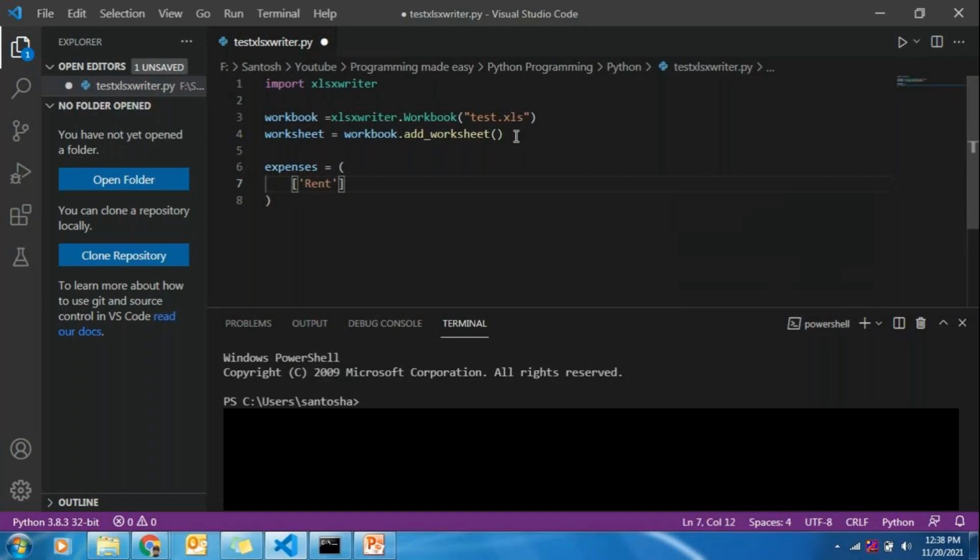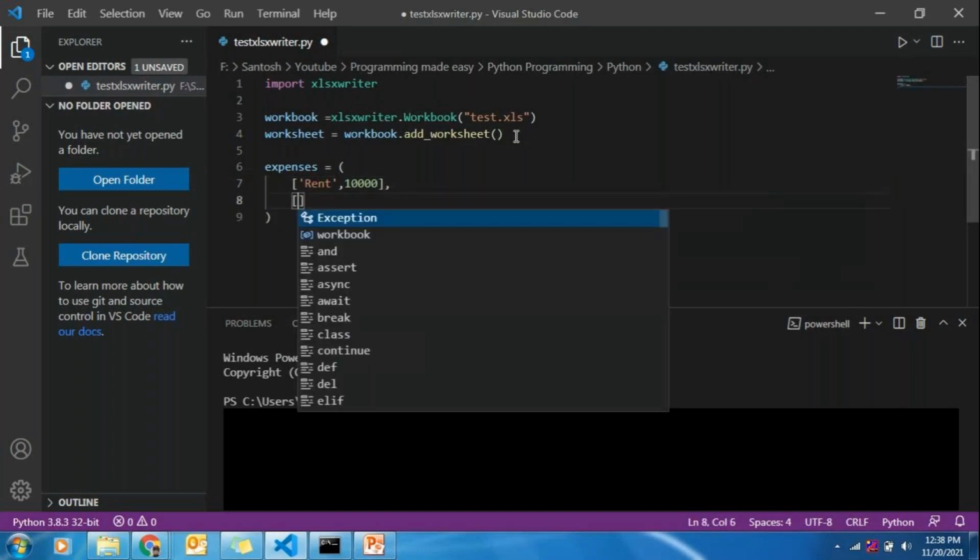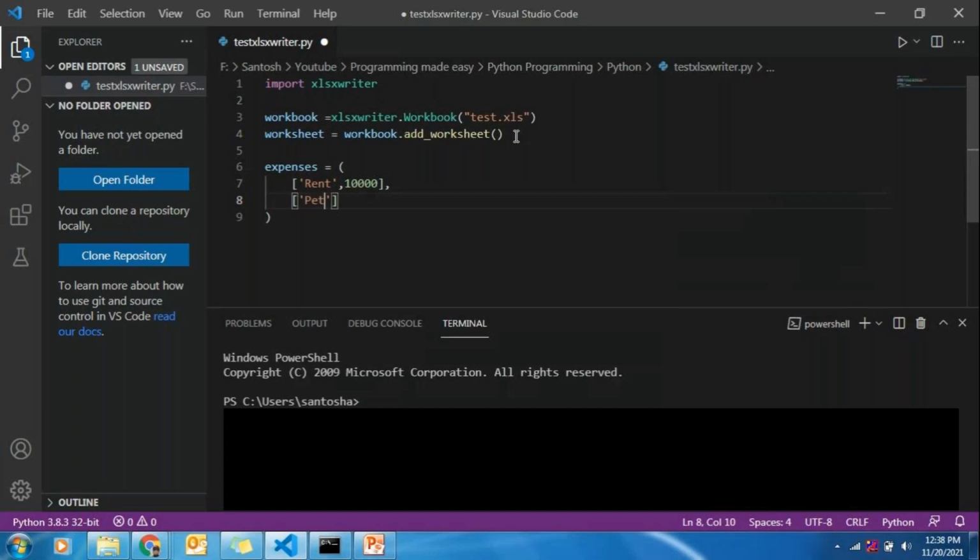So the tuple is having a list inside it, that is 10,000 rupees. Then petrol or fuel, that is my expense, is 2,000 rupees. And finally food, it is 2,500 rupees.